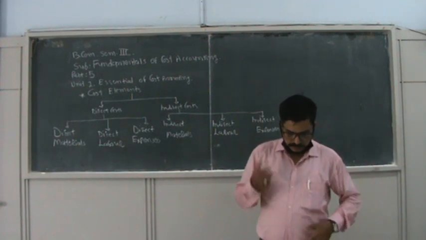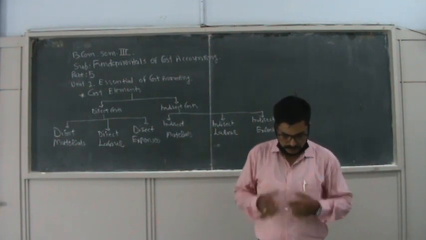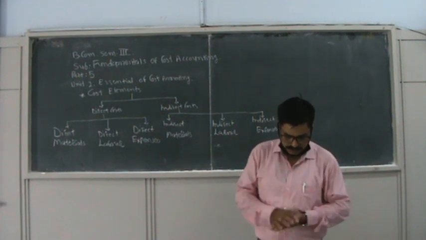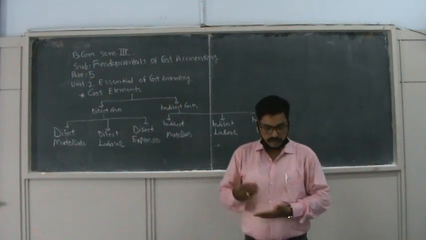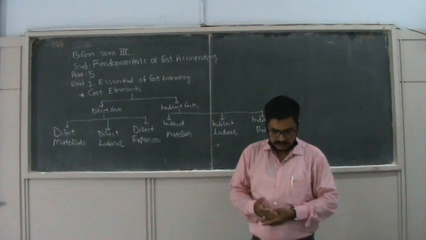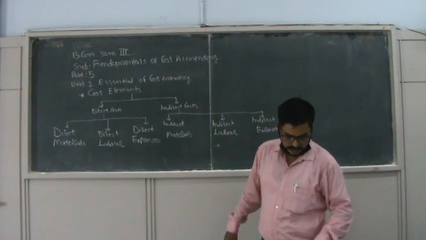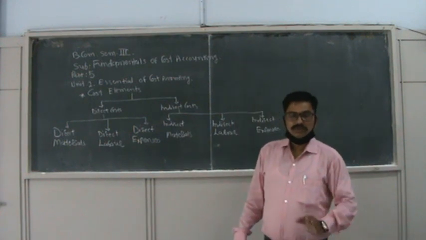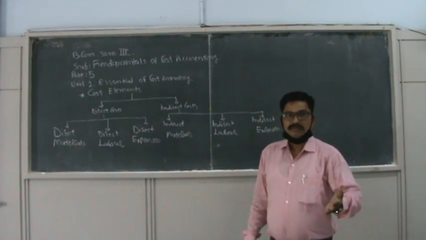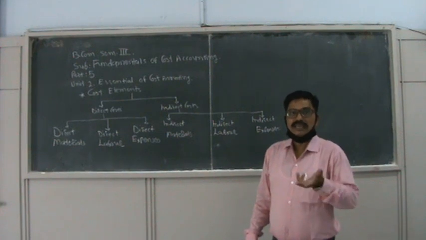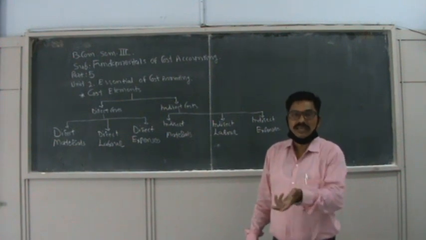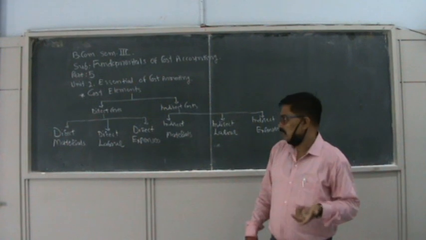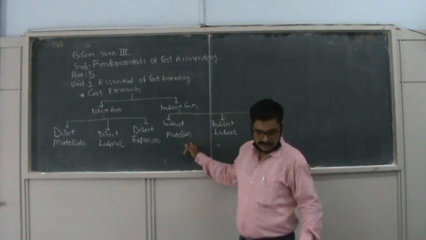Then there are items which do not physically become a part of the finished product, as for example coolant, lubricating oil and greases, sandpaper used in polishing, soap, etc. All these items are used in production, but physically we cannot see them as a content of the product, so all these items are known as indirect material.